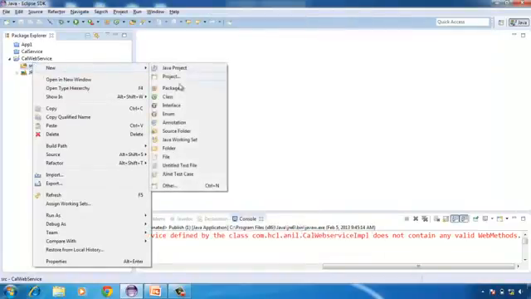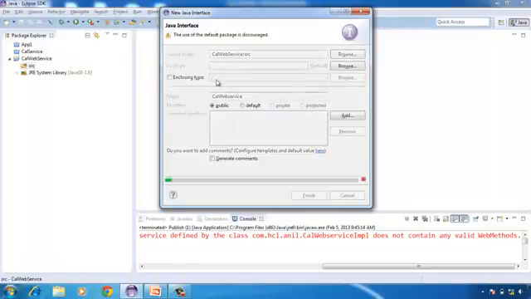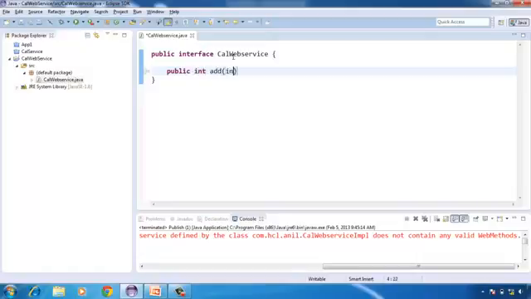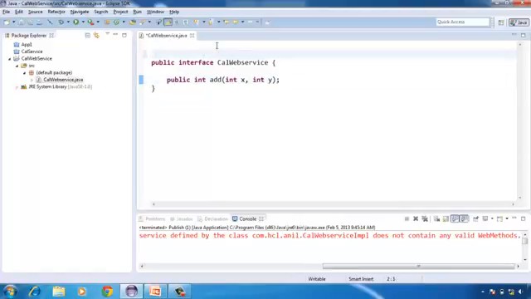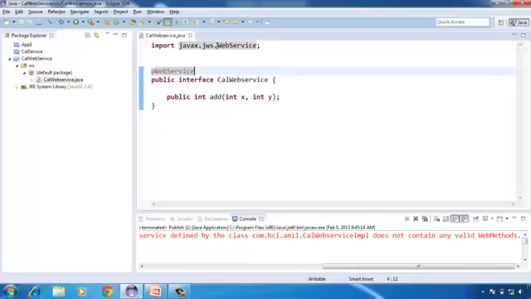First you need to create a Java interface. This interface contains only one method called add that takes two arguments and returns an integer. To make this interface a web service, we need to annotate it with the web service annotation,